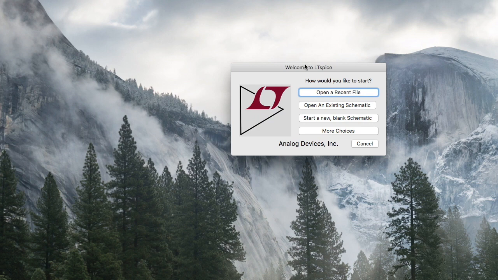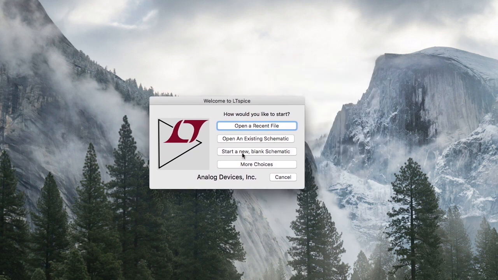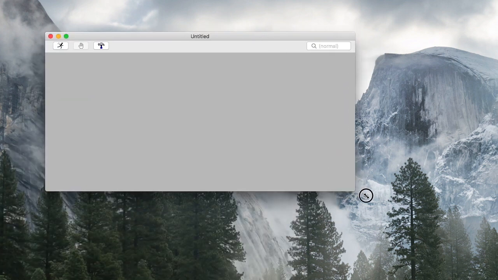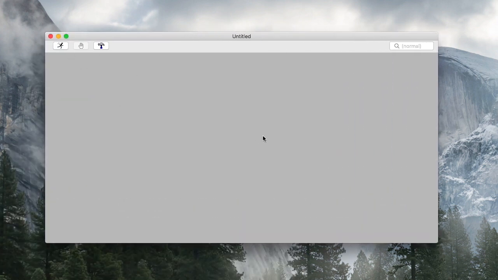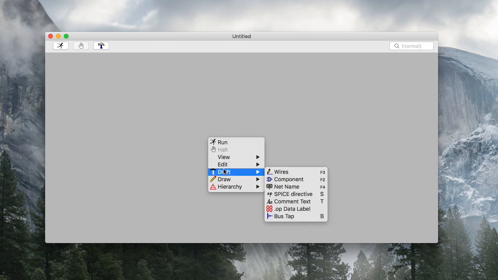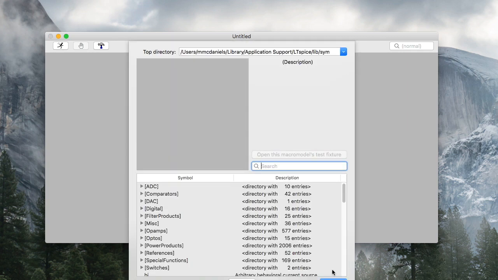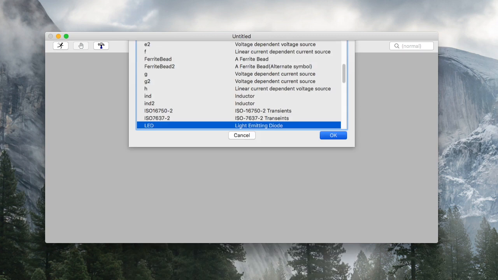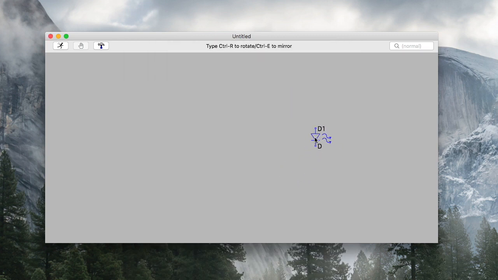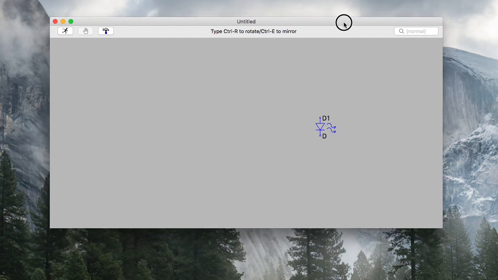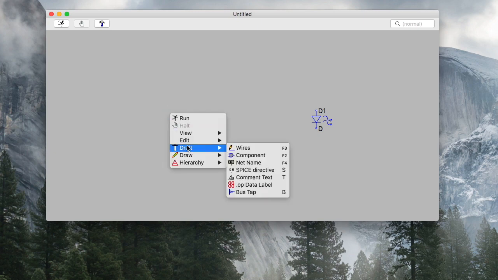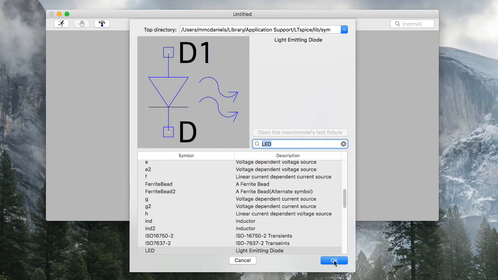Okay, we're going to start up LTSpice. As I said, it's an analog simulation software package that electrical engineers use, and it has a library of components. So we're going to open it up and throw together a quick diagram. We're going to add an LED component. So we're going to search the component library for an LED, and we're going to place it. Then we're going to place a voltage supply for a DC voltage, and then put a resistor in